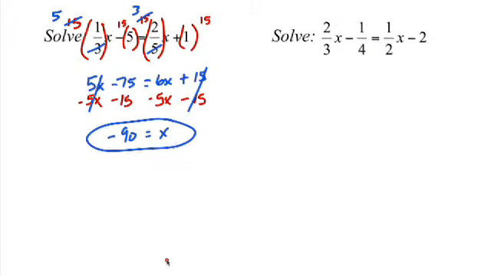So again, I'm going to take 12 times each term here. Notice that you multiply 12 by every term, not just the fractions. That's one of the most common mistakes that we see in these problems. Okay, now, when we cancel these out here, 3 goes into 12 4 times. 4 goes into 12 3 times. 2 goes into 12 6 times, and then of course there's nothing to cancel here. So here's our new equation.